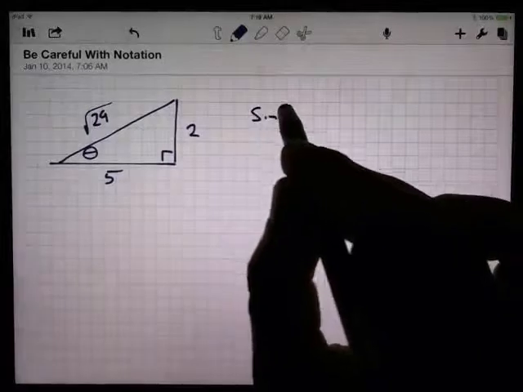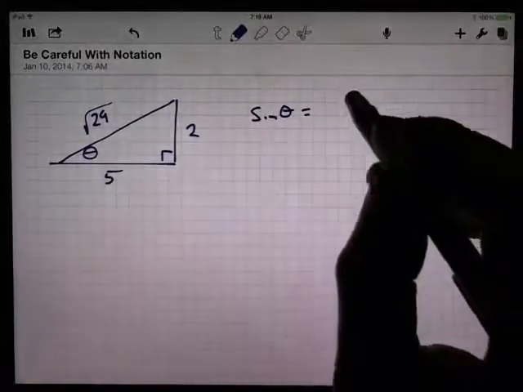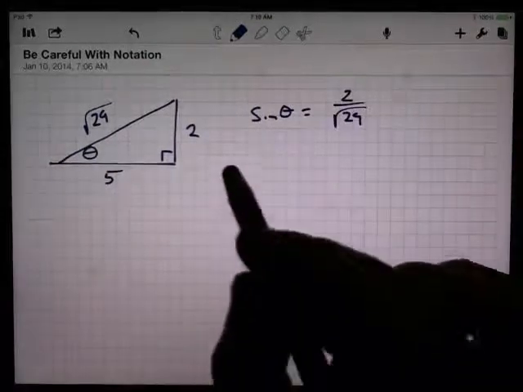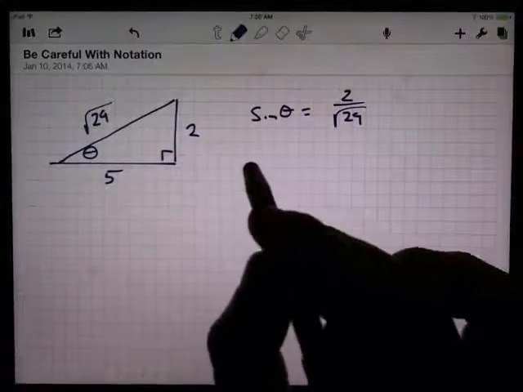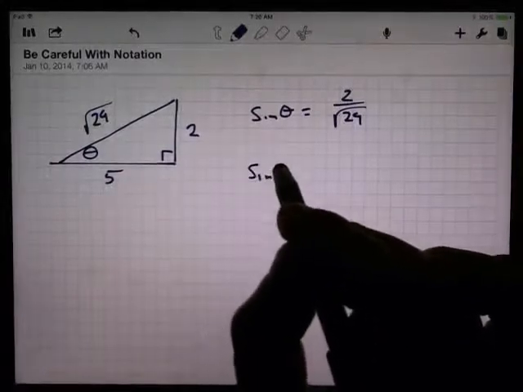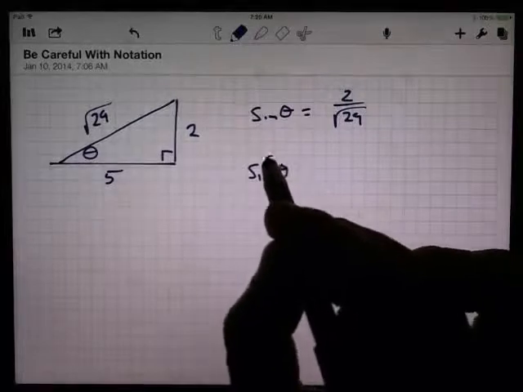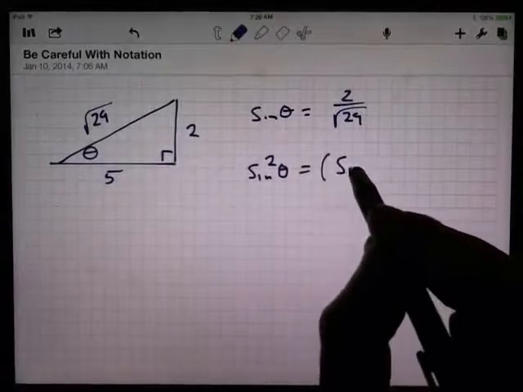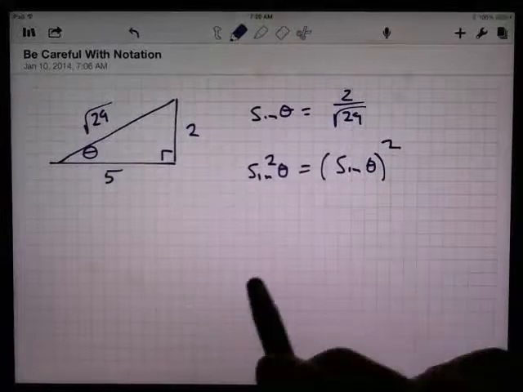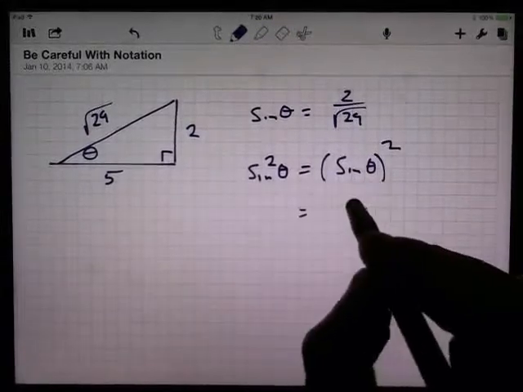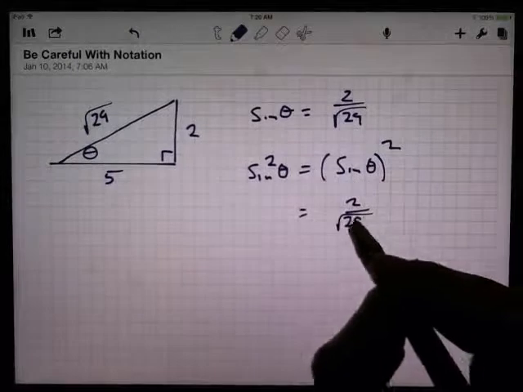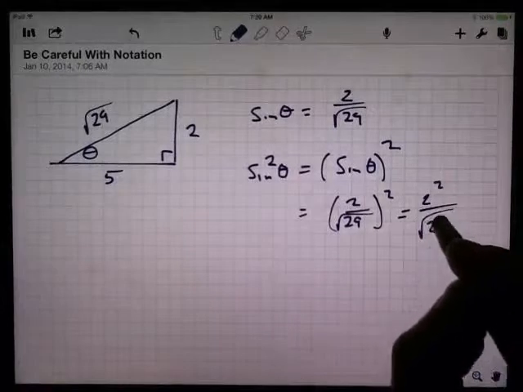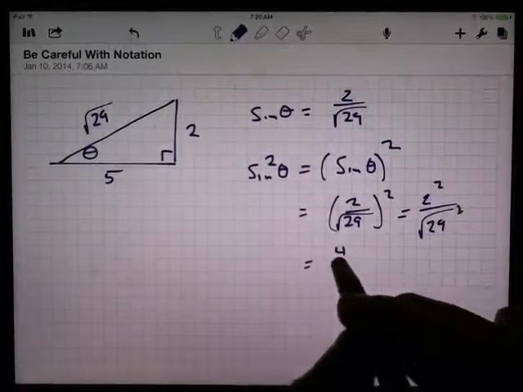What's the sine of angle theta? Well, the sine of angle theta is the opposite over hypotenuse, so 2 over the square root of 29. Okay. Now the notation that I want to talk about here that we just saw in the previous lecture is this notation, right? Sine squared of theta. Literally, that means take the sine of theta and then square the result. So in this example, the sine of theta is 2 over the square root of 29. And so if I square that, I've got 2 squared over the square root of 29 squared, which is 4